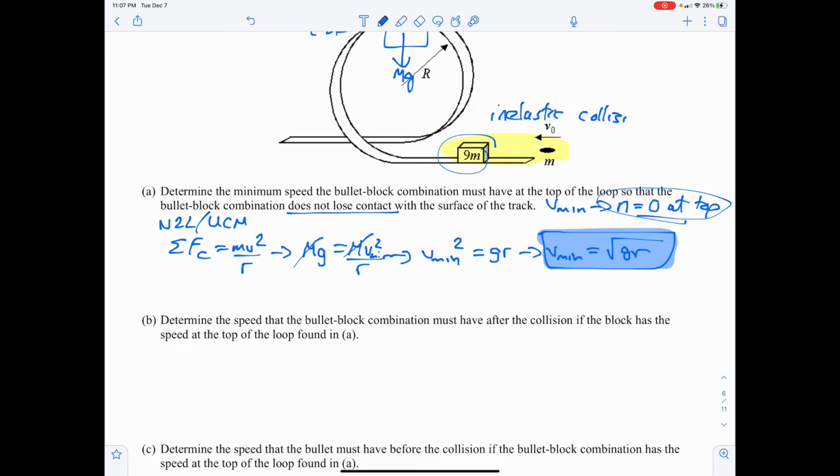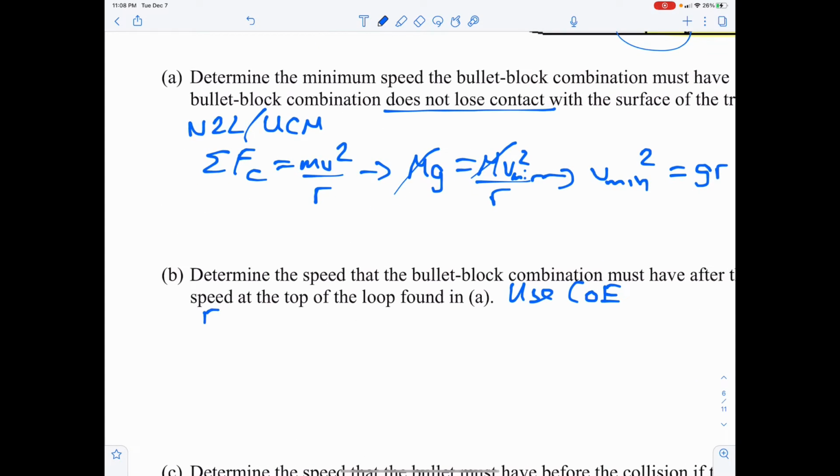Determine the speed that the bullet block combination must have if the block has the speed found at the top of the loop. Okay, now we're using some conservation of energy. So let's talk about the energy at the top. The energy at the top, you're going to have potential energy,